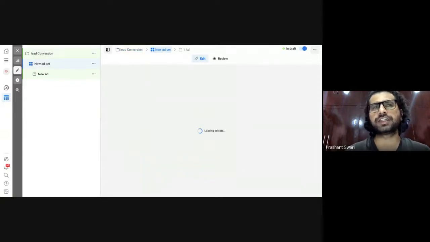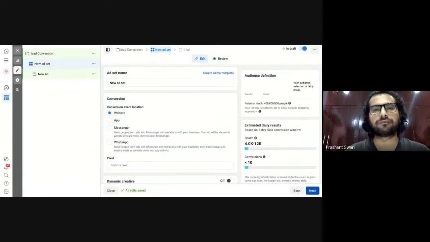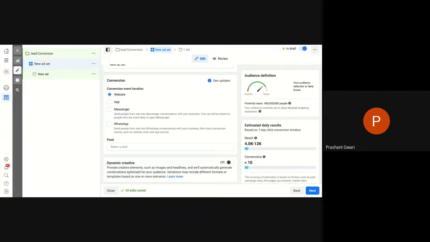The next section is almost the same as lead generation or brand awareness or website traffic. You will choose what kind of action you will take as a conversion. If someone visits your website, you will consider it a conversion, or if someone visits your mobile application, you will count it as a conversion, or if someone messages you on Facebook Messenger, or someone messages you on WhatsApp, you will count it as a conversion.